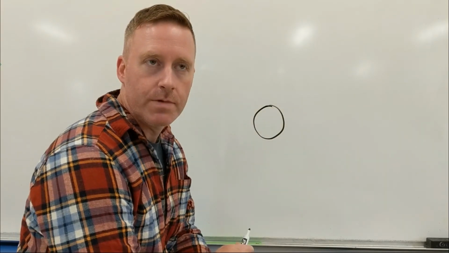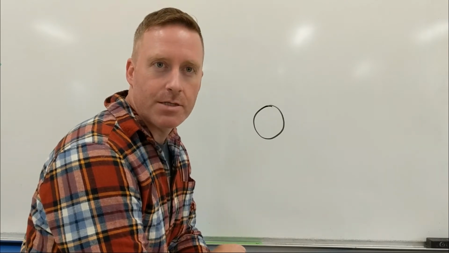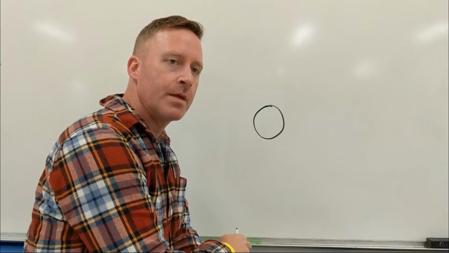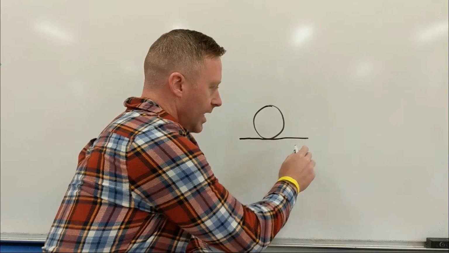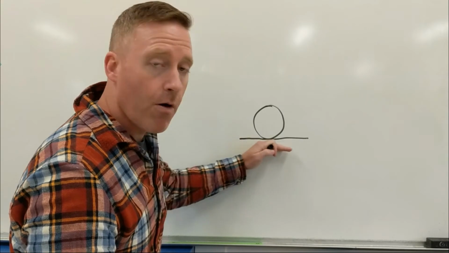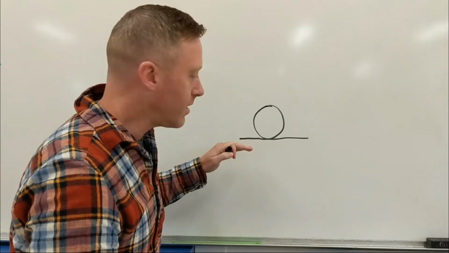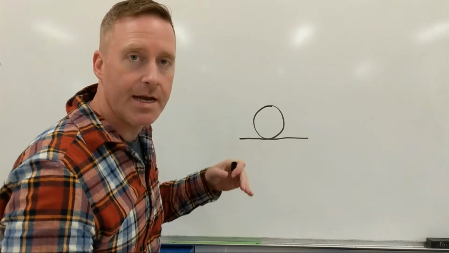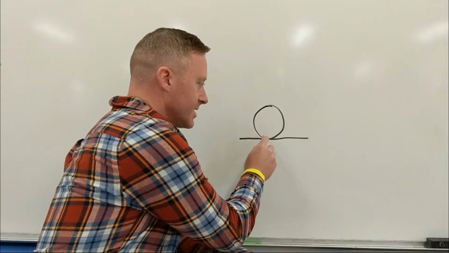Now, we haven't talked a whole lot about shading, but maybe I want to give that circle something to sit on instead of just floating there in the air. Now, I could draw just a flat line. When you draw just a line, that has a hard line and it creates a surface, but it's also smooth because there's nothing protruding from it. I can imagine running my finger across the top of this line and nothing's really going to pop out at me. But if instead of doing a line,